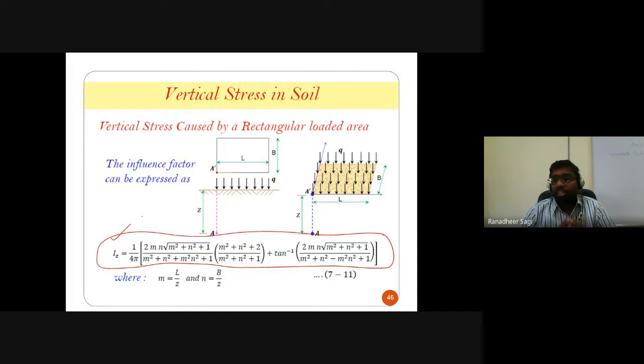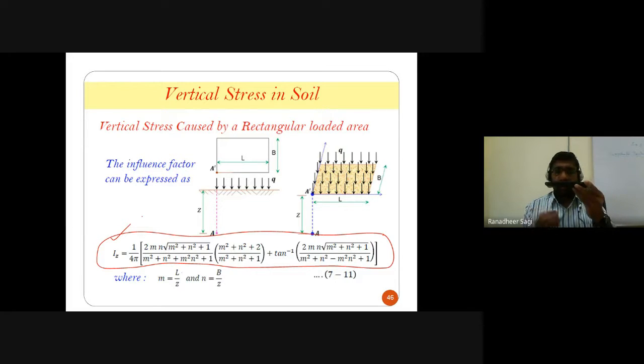Sir, I am not interested in finding out how much is the vertical stress with respect to any of the corners of that rectangular loaded region at a depth of 1 meter or 2 meters or 3 meters. That's not what I am interested in. Not with respect to the corner of the loaded region, but I want to calculate with respect to any point. Let's say this is my rectangular loaded region, which I am trying to talk about. Hope you are able to see this. Let me take something small. Yeah, this is my rectangular loaded region.